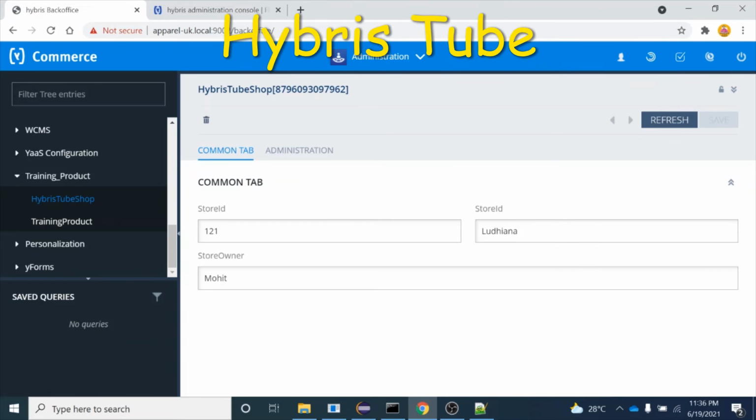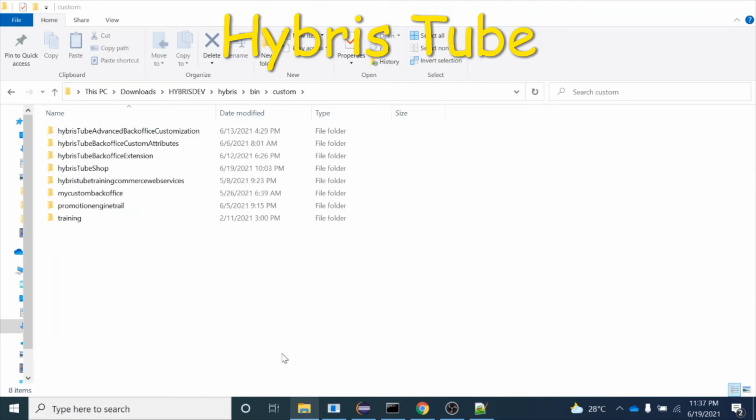Right, now we are left with one task: how we can remove this functionality. We have added this tab, right? We have added this type over here. Now tomorrow if I want to remove this functionality, how can I do it? So guys, the logic is very simple. Because we had added this new functionality by creating a new extension, the simple way is